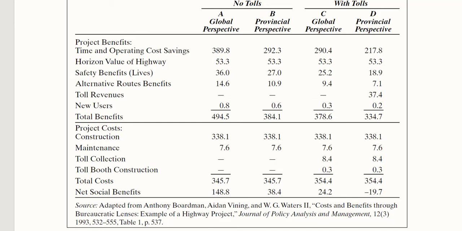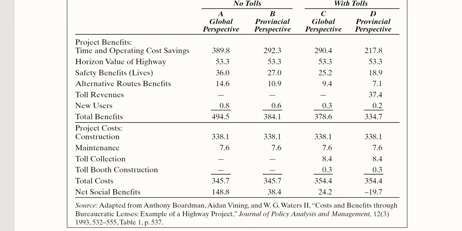So you see, various geographical jurisdictions can be used to develop these perspectives. We have taken these 2 perspectives, that is global and provincial. Under the no toll dimension or with toll dimension, A, B, C, D, there are 4 possibilities that we will consider in this table,